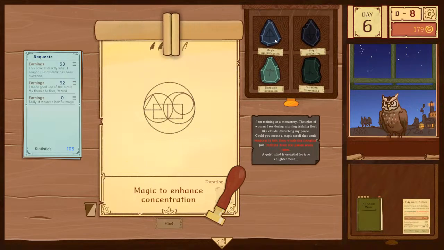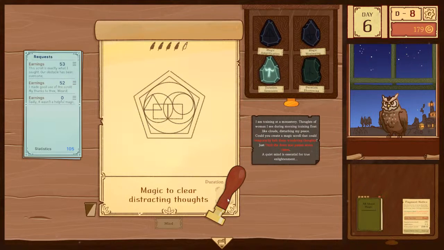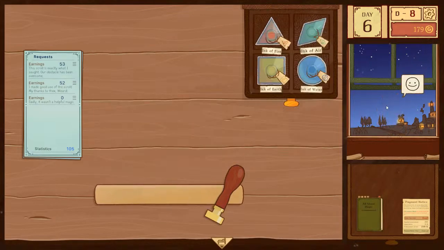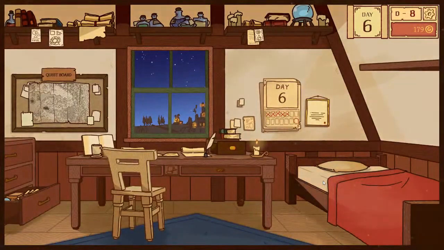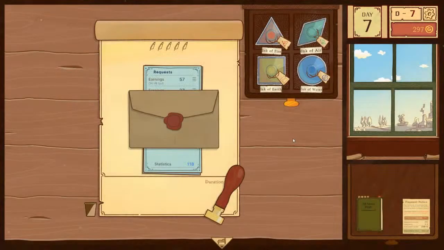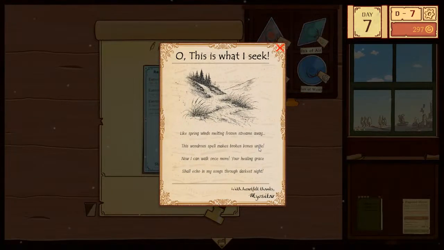To enhance concentration. I don't think. Clear distracting thoughts for a week. There we go. And that's the day. Almost halfway.